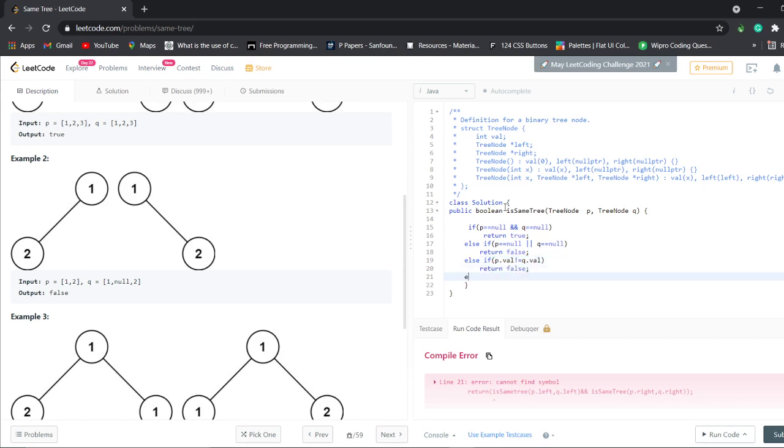And now we will recursively call this same tree function to check all the nodes. We will call it on all the nodes, firstly on left node, and then on the right node.